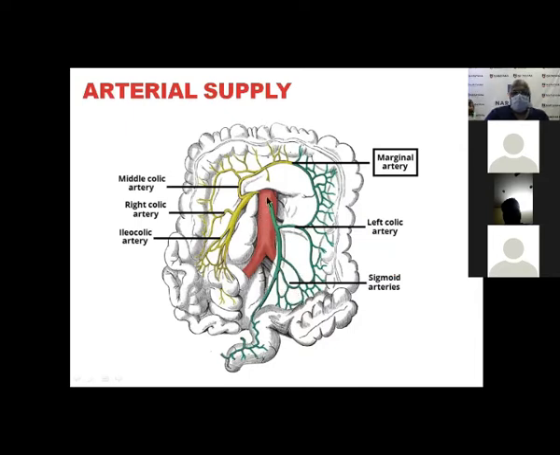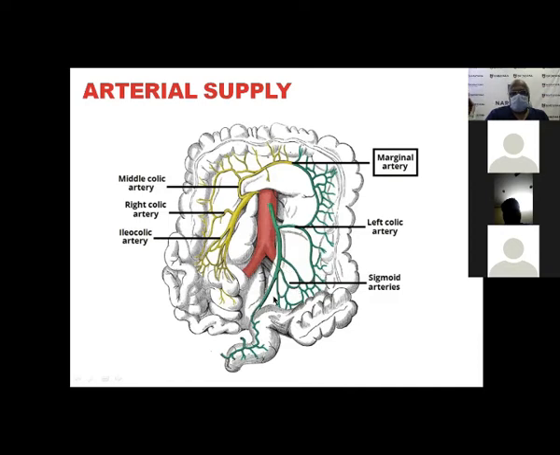There is the aorta, there is the superior mesenteric artery, there is the inferior mesenteric artery. The superior mesenteric artery gives the ileocolic, then it gives the right colic, which has got an ascending and descending branch. It has got a middle colic. Then from the inferior mesenteric, the left colic has got an ascending branch, which gets connected to the middle colic branch. There is a descending branch of the left colic artery.